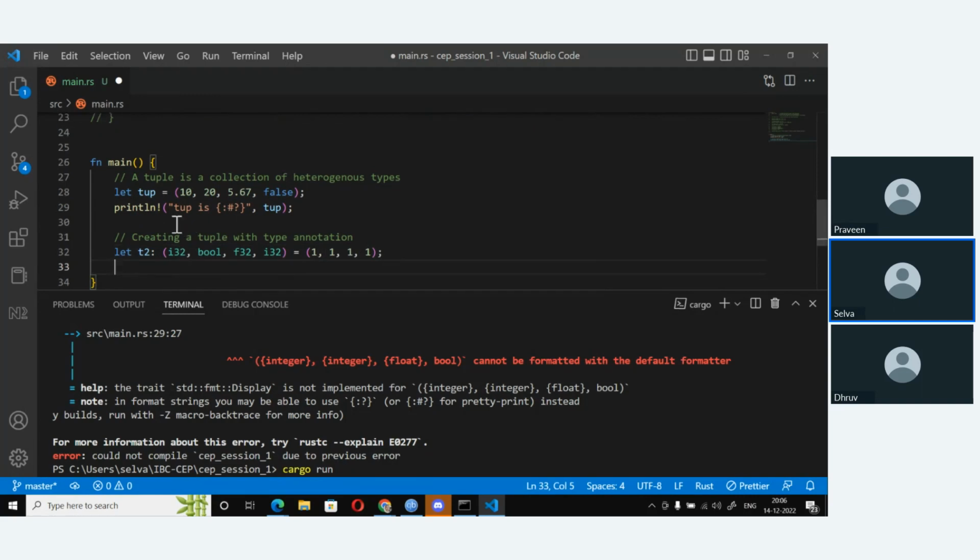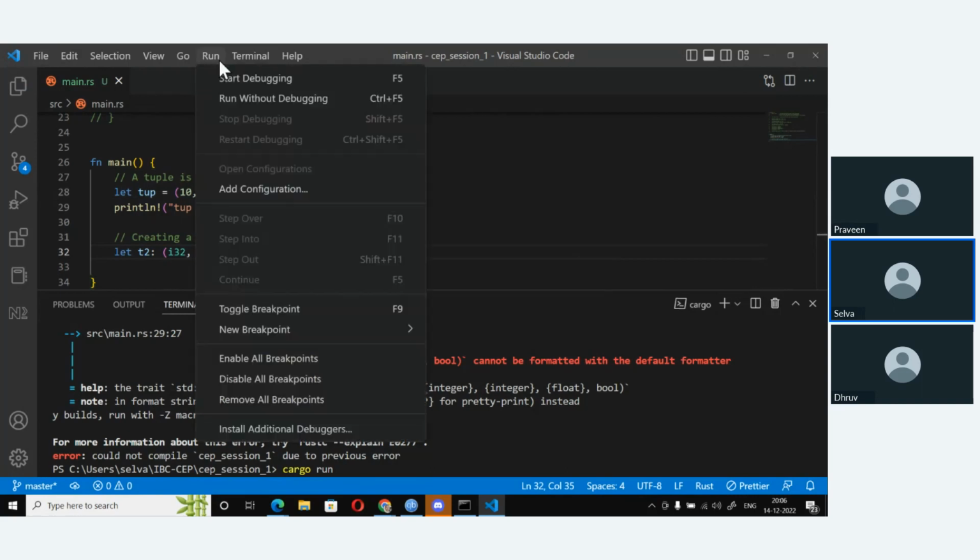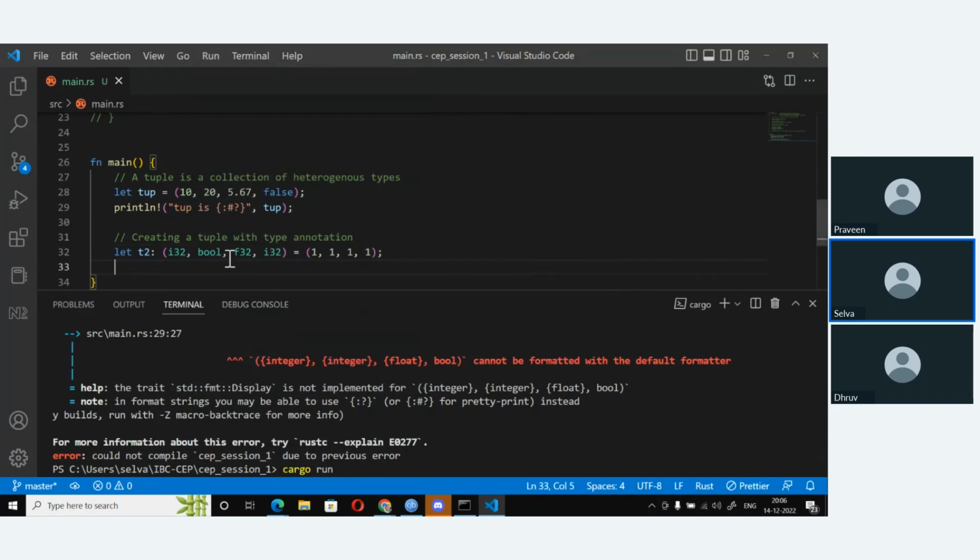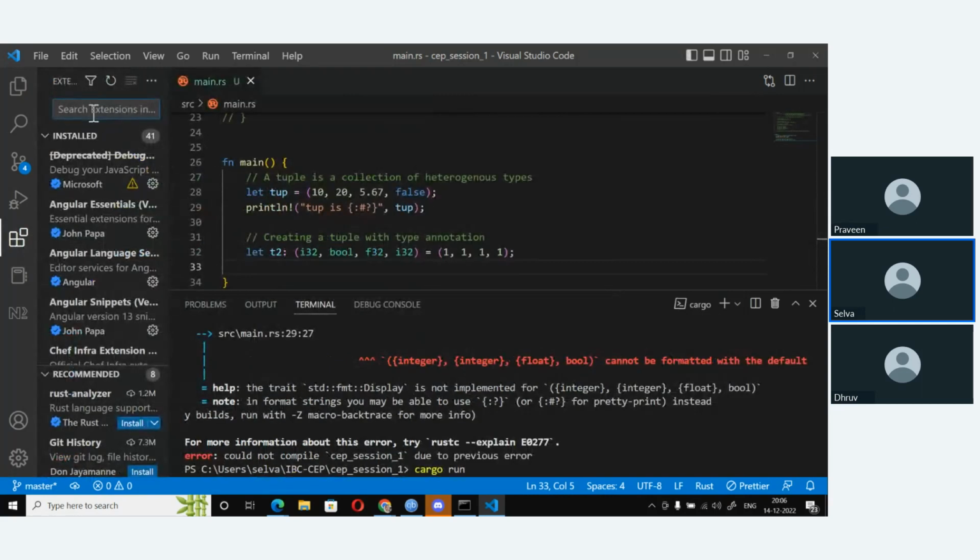the language server is not running, I guess. That's why I'm not getting all the suggestions. I'll go to the extension and look for it.